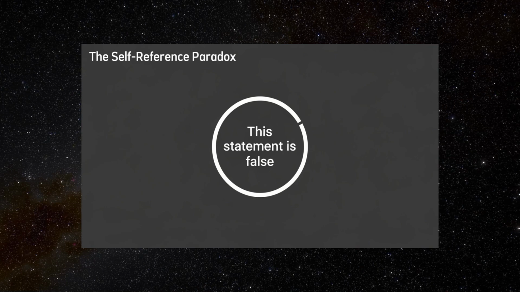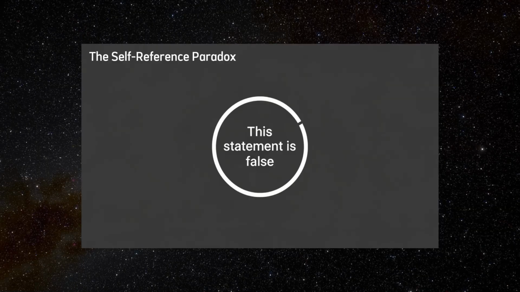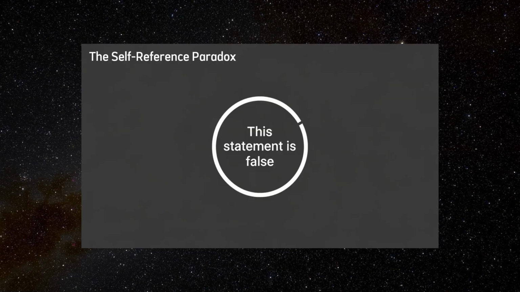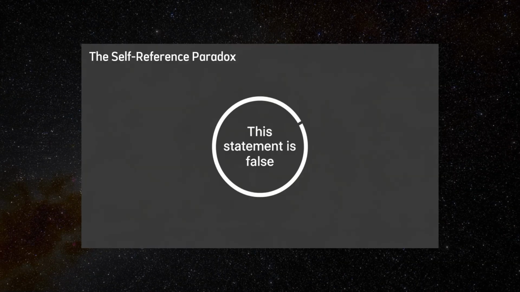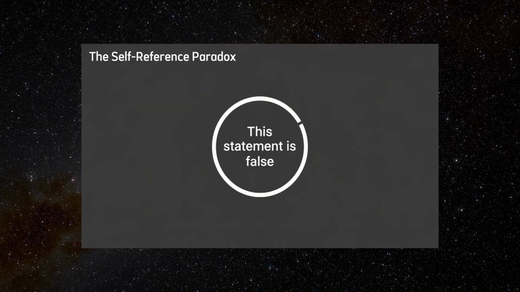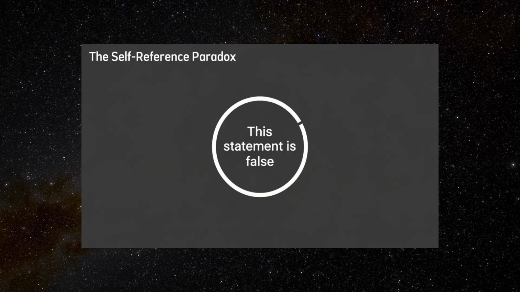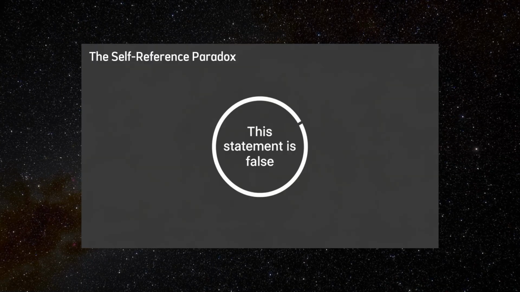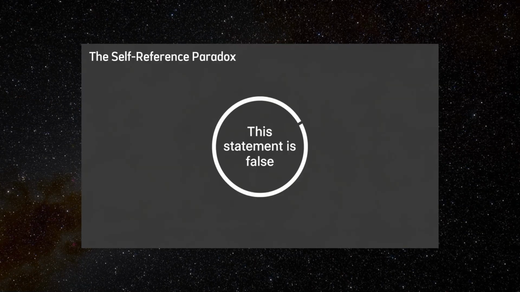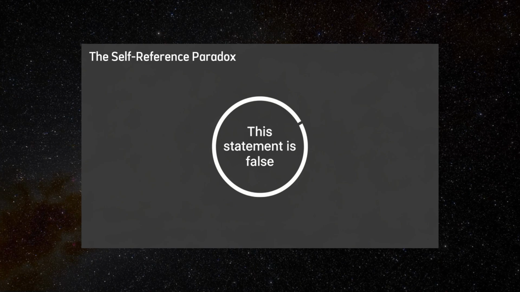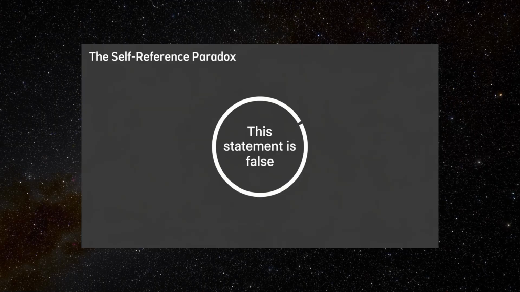Each of these approaches acknowledges that self-reference is both powerful and dangerous, a tool that, when unchecked, can destabilize an entire system of reasoning. Ultimately, the self-reference paradox is not just a technical glitch or a linguistic curiosity. It is a deep philosophical challenge to our understanding of logic, truth, and the boundaries of thought. It shows that some of the simplest sentences we can construct, those that turn back on themselves, have the power to unravel even the most carefully built systems of meaning.